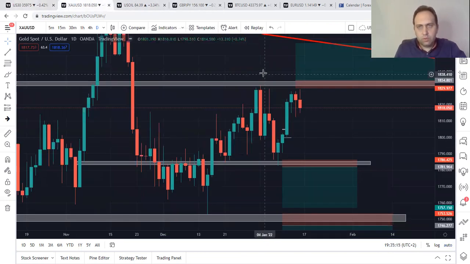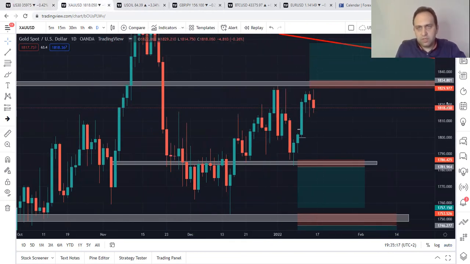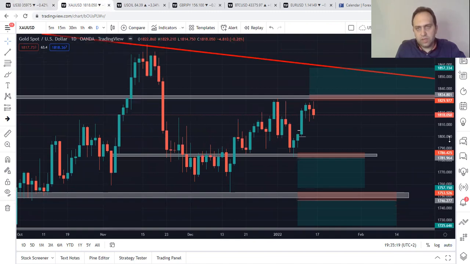Okay, gold. Now it's still ranging. It didn't change. The same study like last week. It's still ranging for this week. 1, 2, 3, 4, 5. It's still here. So if it breaks, as we said, 1835, same numbers. Stop loss 1830. Take profit the same 1, 2, 3, 4.